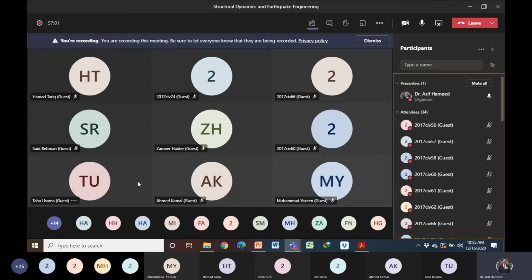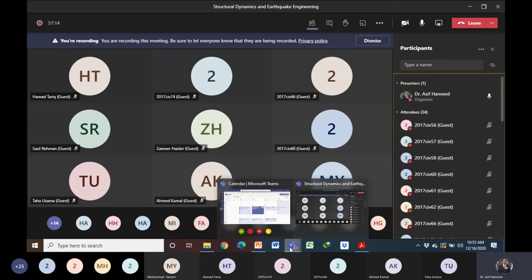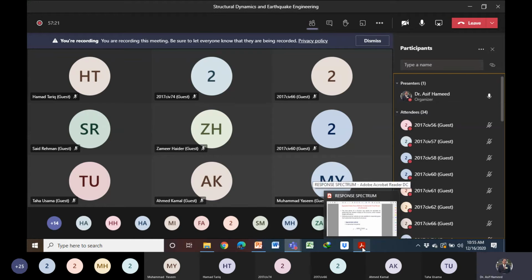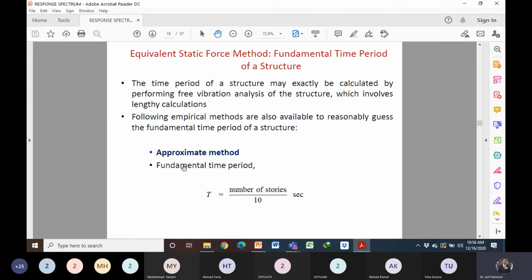Yes, ठीक है? So we can perform the modal analysis. We will have n omega values and T values. ठीक है ना? हर मोड के लिए हम T value calculate कर सकते हैं. So simply we have to perform the modal analysis. So if you have to find out the time period, you have to perform the modal analysis. Do you agree with me, Taha? Taha, रोल नंबर क्या आपका? Yes sir, sir 81. 81 तो पहले भी लिखा हुआ मैंने. चलो ठीक है. Okay. So to find out the time period, we have to perform the modal analysis. ठीक है? Agree कर रहे हैं मेरे साथ?